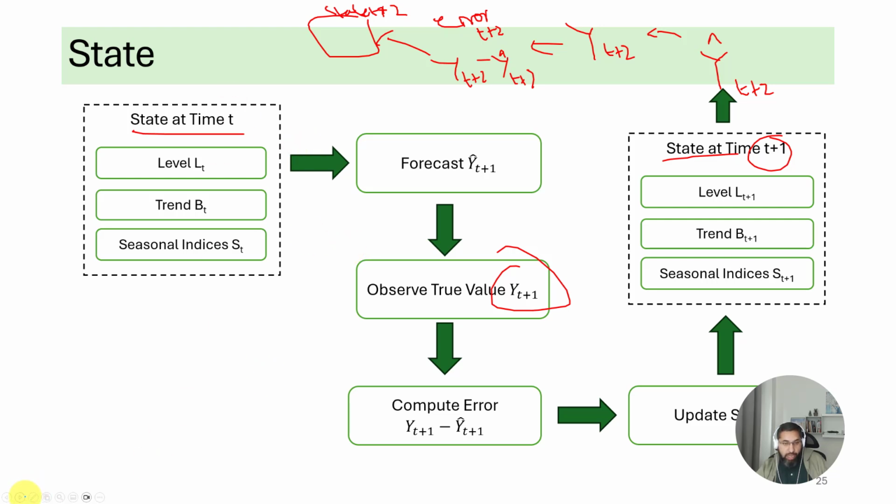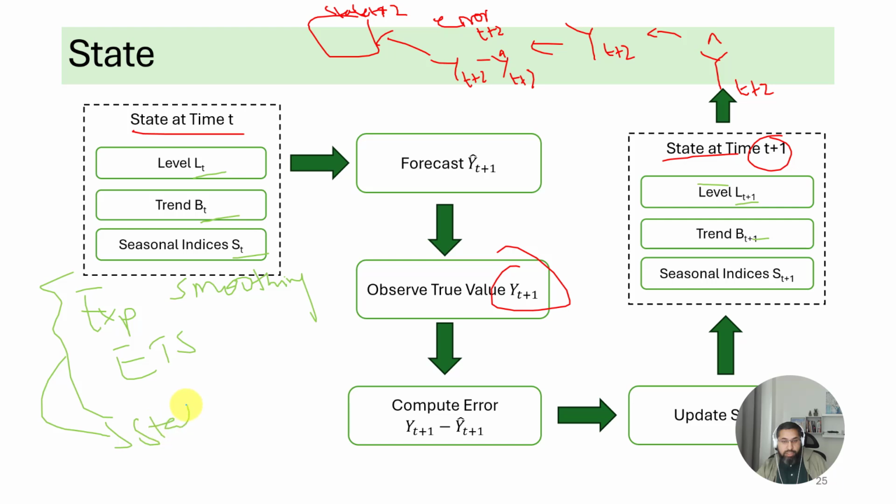All of this happens in exponential smoothing. This happens because when you're doing exponential smoothing, you have estimates of these things and you are updating them. All of this happens in ETS, the upgraded methods. And so these types of methods are sometimes called state space or state methods of forecasting. The same thing happens in both of them. Both of them are really the same thing. I told you, ETS is just the updated version of exponential smoothing. You can think of them as the same family, the same method.